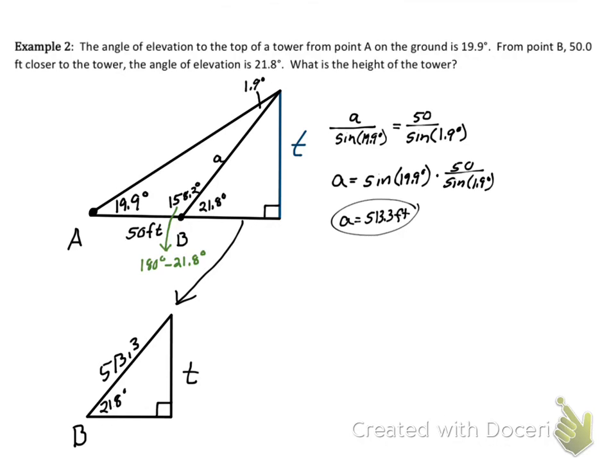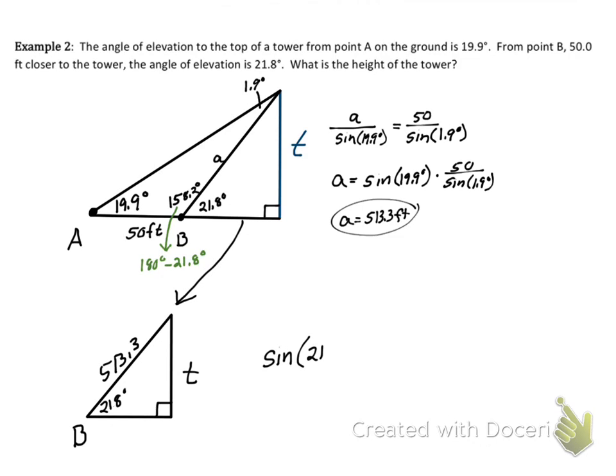Jake? Not tangent. Think about SOHCAHTOA, because tangent would be opposite over adjacent. I'm looking for opposite over hypotenuse. You got there. You just had to run through the other two. Remember, SOHCAHTOA: sine is opposite over hypotenuse. Cosine is adjacent over hypotenuse. Tangent is opposite over adjacent. So we're going to use sine